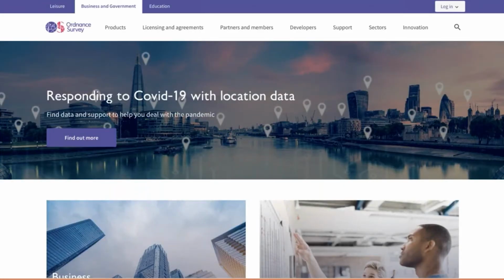When we're working with Ordnance Survey on their business and government section, we found that, as you'd expect, they have an awful lot of content, and there's some complicated stuff in there. And by that, I mean, on the leisure side, you want to buy a map, you choose the area, you buy a map, or you buy an app that has that information in it. On the government side, it's actually quite hard to understand how you end up using the data which is there.